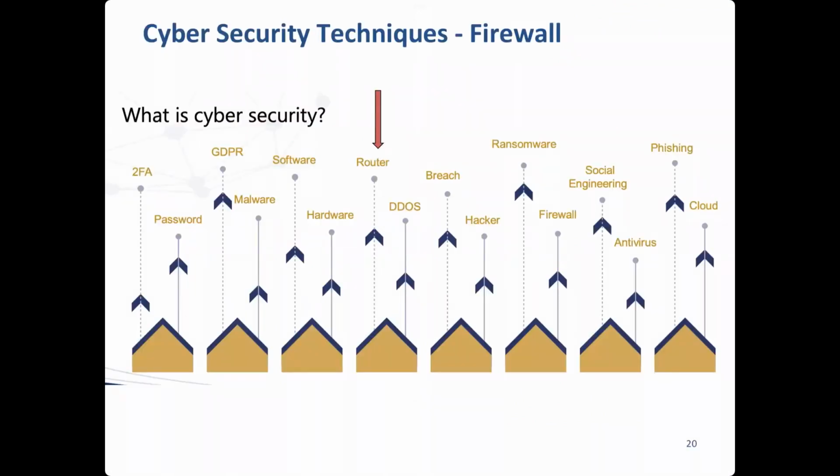Router. In a home router, for example your Wi-Fi router, you need to protect it. Why do you need to protect it? Most of the time your mobile is connected to the Wi-Fi router, and your laptops, etc. are connected. And if that router has a bot, or your router is insecure, or somebody has already logged into it from outside, then it can look at everything that you are sending.